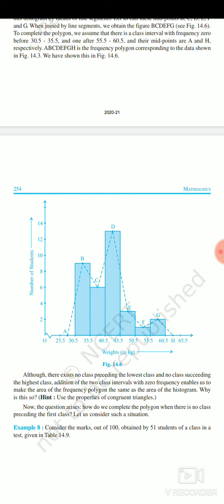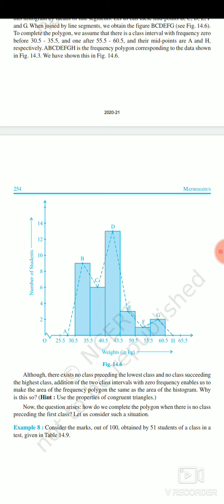Just take a rectangle. In this rectangle you are going to find the midpoint of the rectangle, that is marked as B, the midpoint from 30.5 to 35.5. You have a middle line, one line, that is the midpoint, that is B, C, D, E, F, G, right? Now how to draw A and H? Next, the class width here is 5, that is 30.5 to 35.5, and the average middle value is